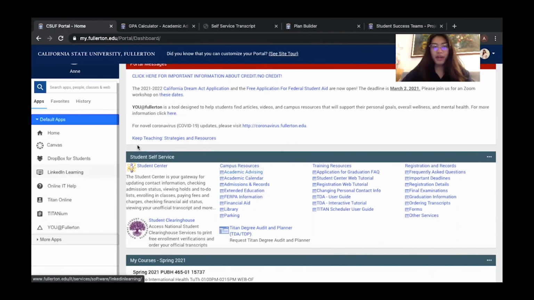There are also other awesome apps you can explore on the side of the CSUF portal, which are the default apps. Like you can click on Canvas and Titanium, which will list all of your classes. But also I wanted to note that we do have Dropbox for students. So the Dropbox for students is completely free for all Titan students, and you have the full access for it. Not the cheap version, we have the bougie version. So go ahead and utilize it.